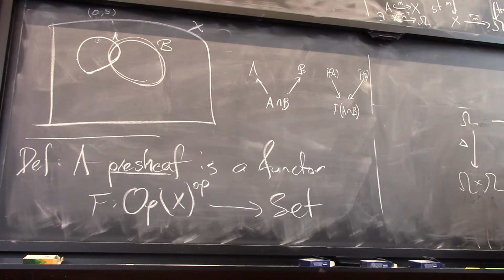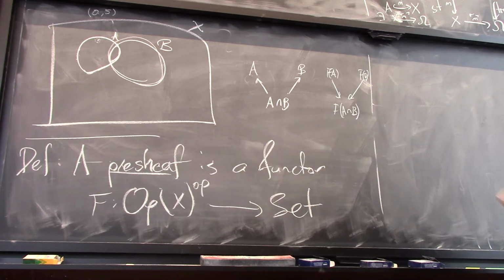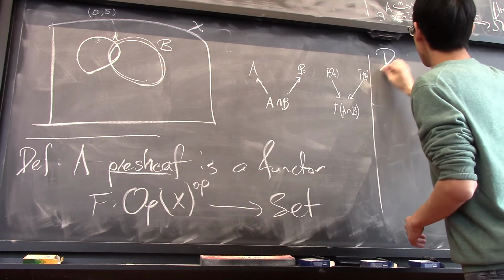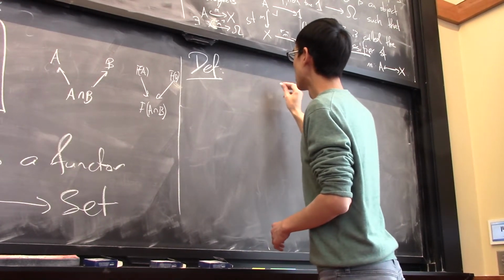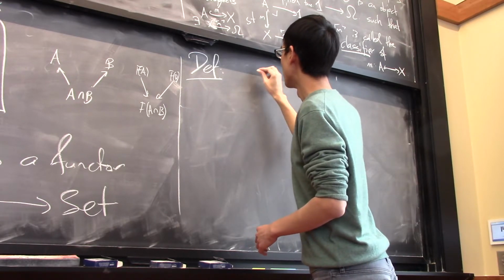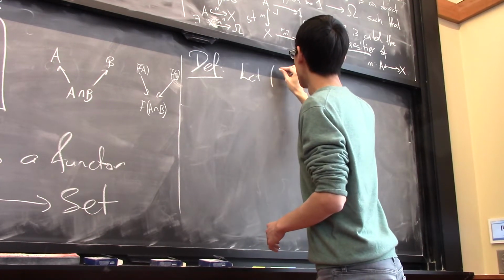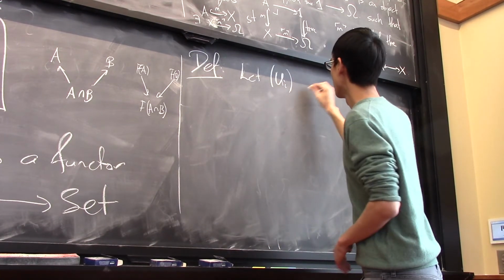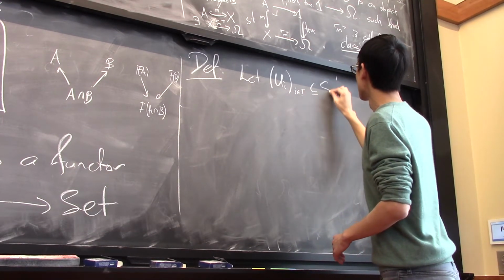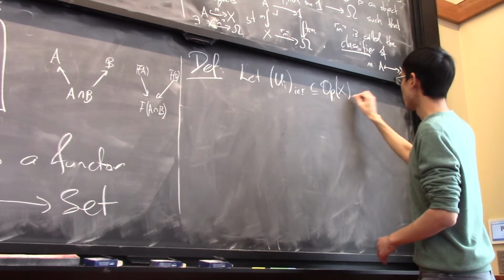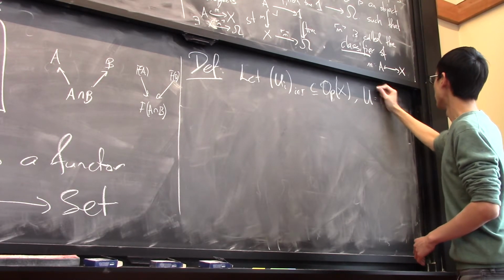Sheaves go the other way as well. Sheaves mean there's a tight correspondence between local and global. So let's write down the definition. Let's see. So given all this stuff, if we have some collection of open sets of some topological space, and we write U for the union of these things,